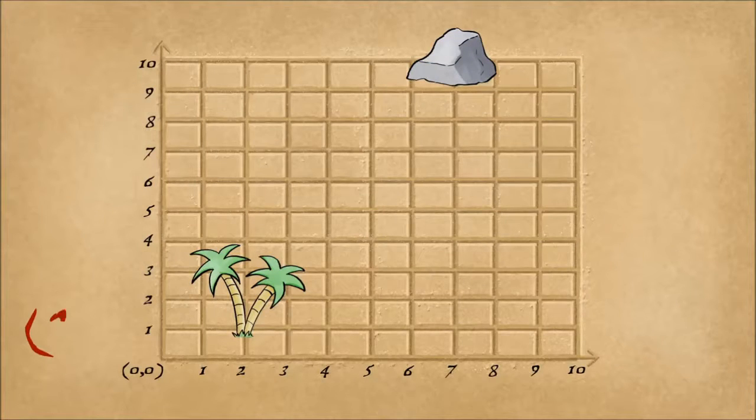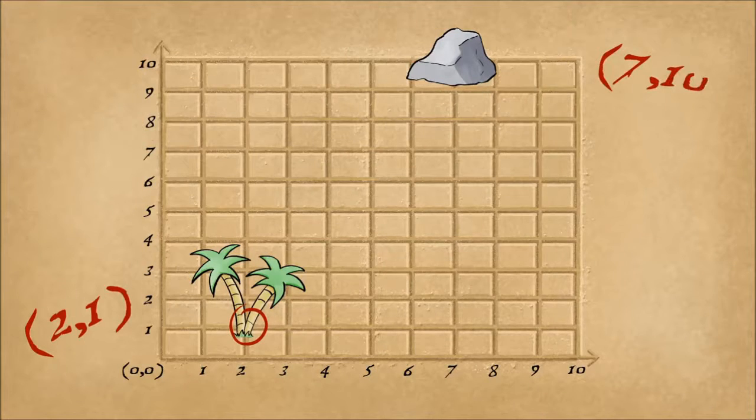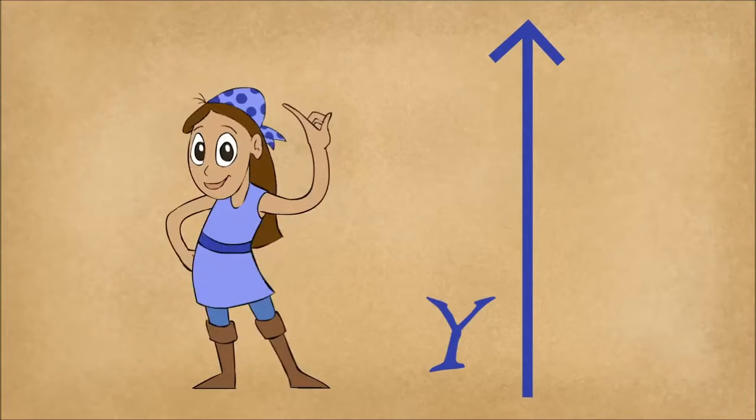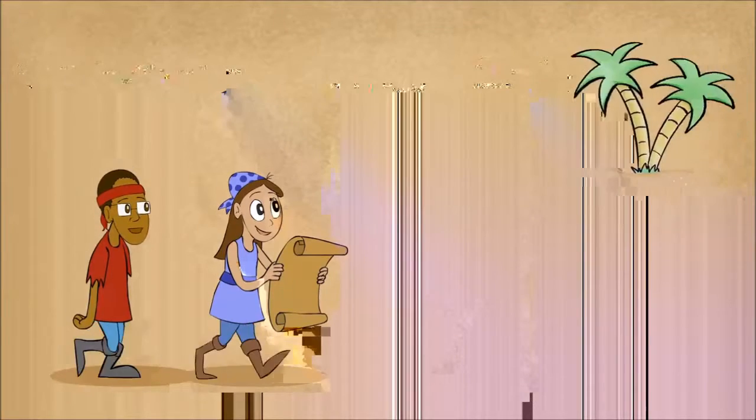To plot the ordered pair 2, 1, go right 2, jump up 1, and it's done. To plot the coordinates 7, 10, go right 7, up 10, mark it with your pen. On the x-axis, count to the right. On the y-axis, count from the ground. That's how a